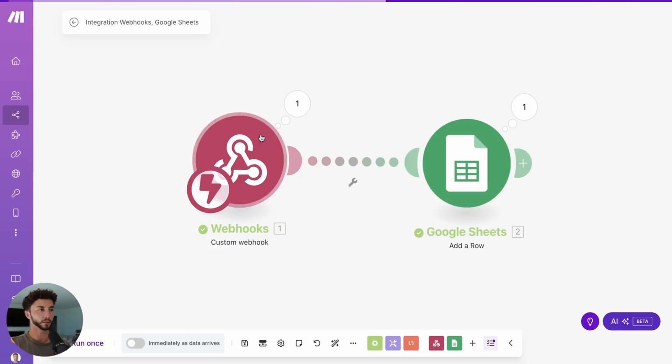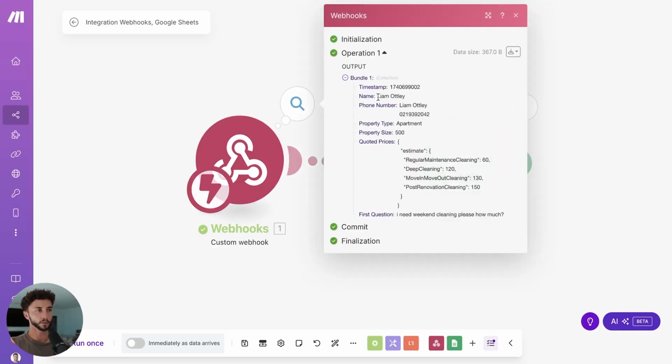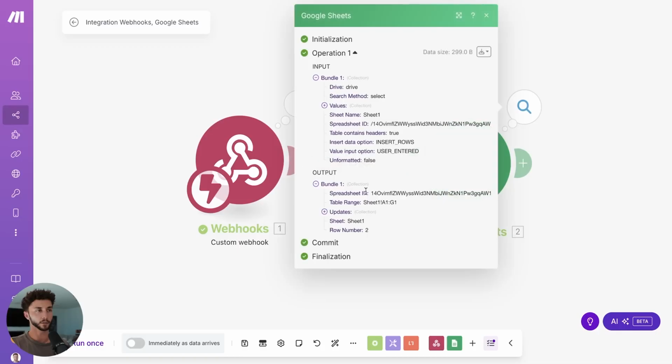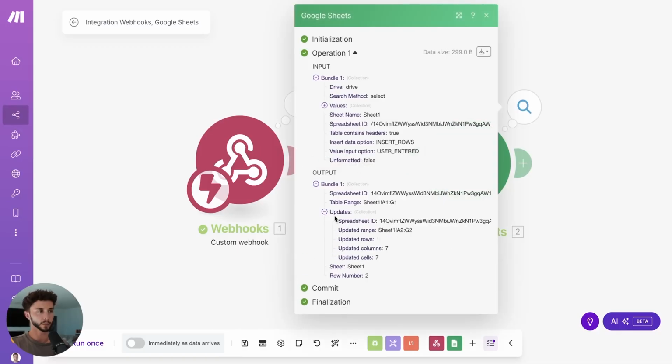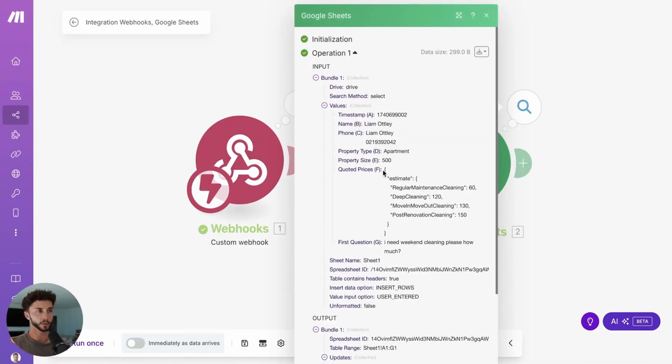And then if we go back to Make, we see these are all green now and we see these dots. So this is the information that came through: name, Liam Otley, phone number. And here's a little mistake where we had a new line, apartment, all of that information. And then it's added into Google Sheets. Here we see updates, updated number of rows, all the values that it's updated. And we can go to,